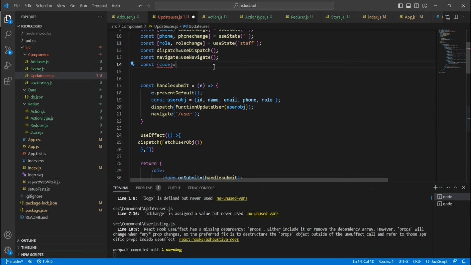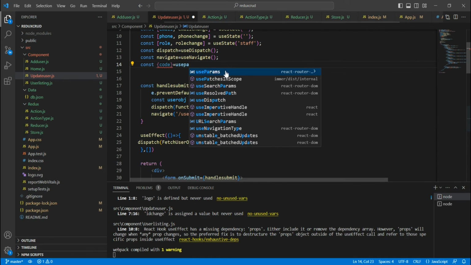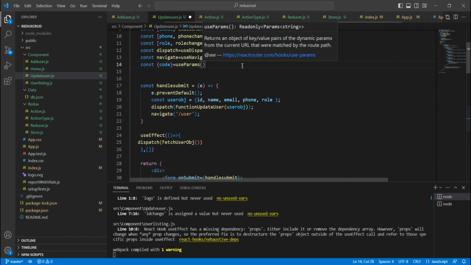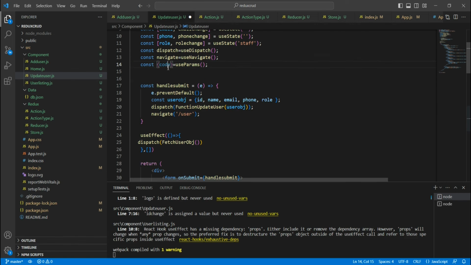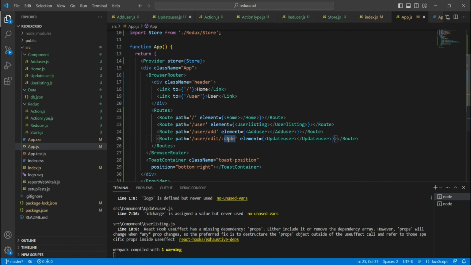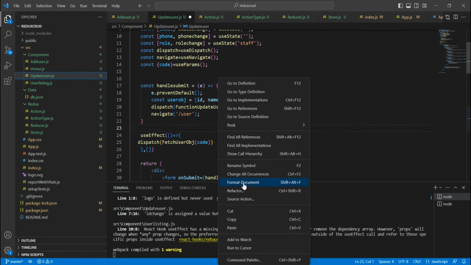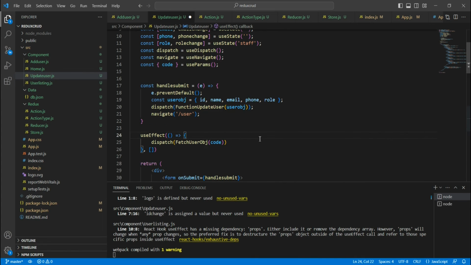The code equals useParams. Here I mentioned it as the code, because while defining my route, I have added it as the code. So the same value should be used here. So I'm just passing it here,